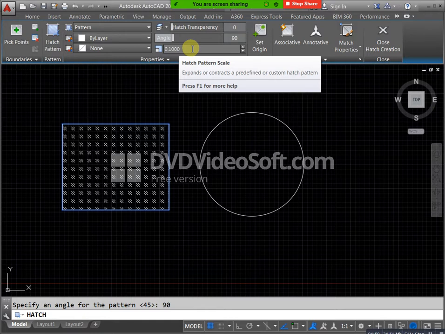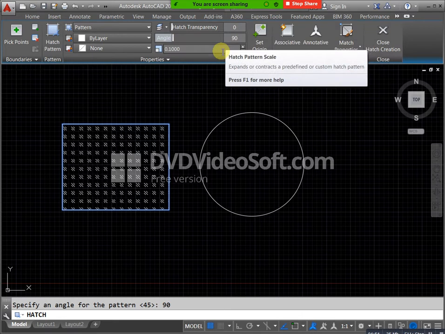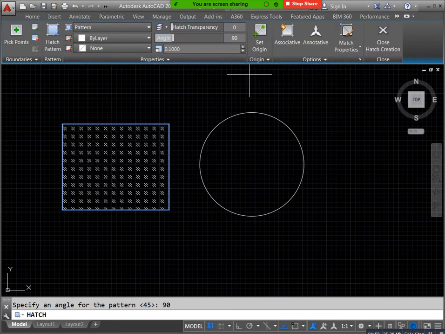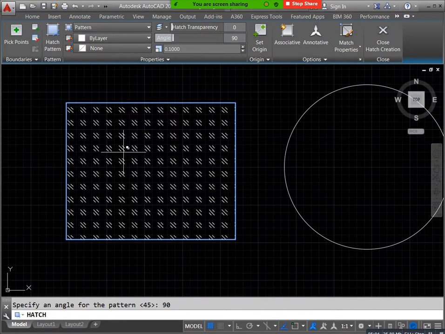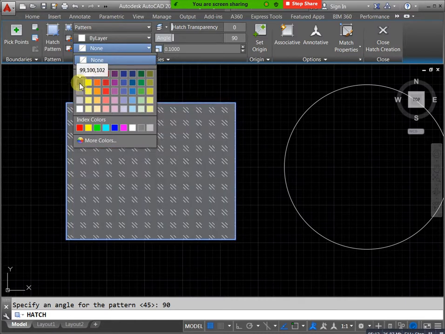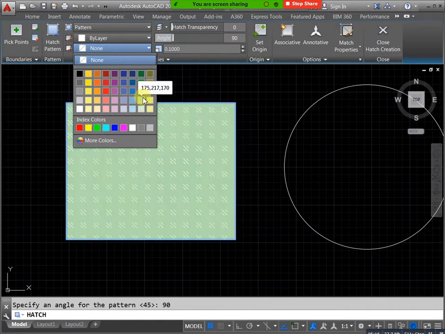Next, after this, we need to select our colors, meaning background color and at the same time hatching color. For example, here we have a black background, right? In case I need to apply a different background color, for example, I need to apply this color, you can apply this one. This is background color application. If you need to apply a background, see, for example, if we take white color, our hatching lines are not visible, right?